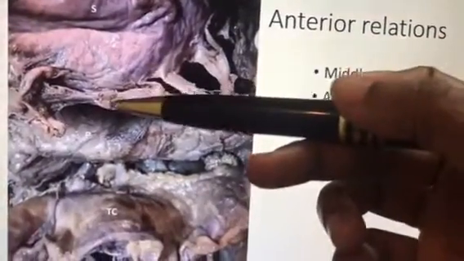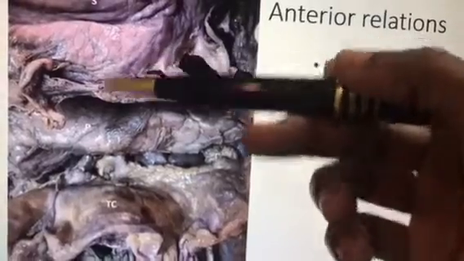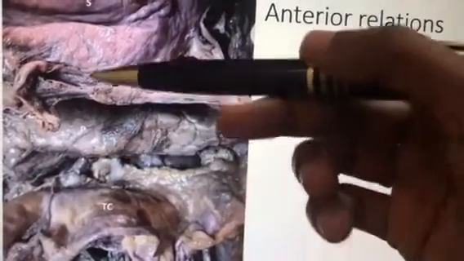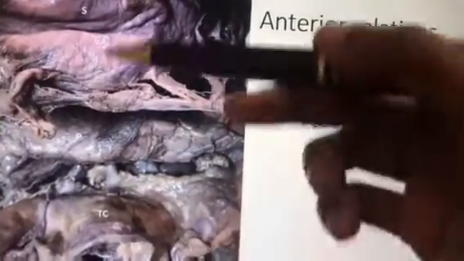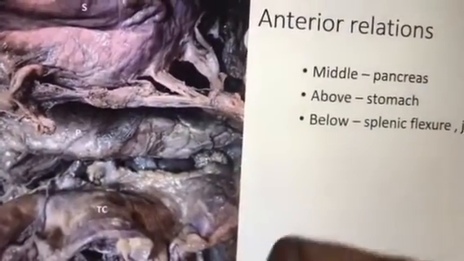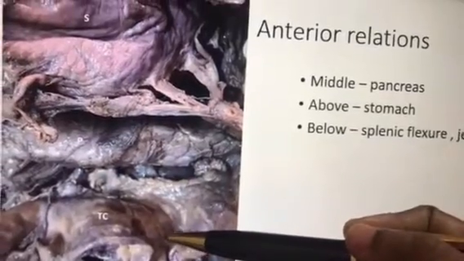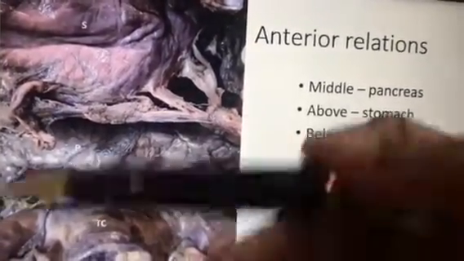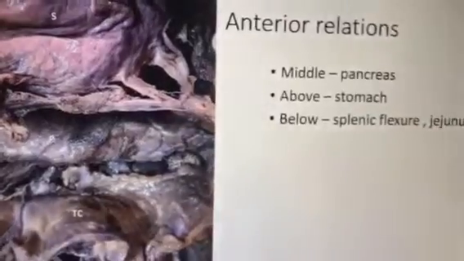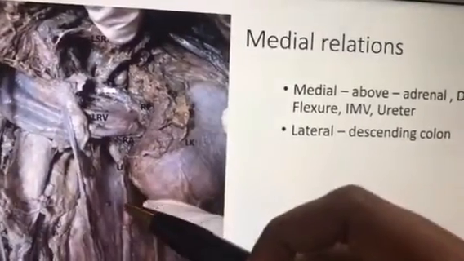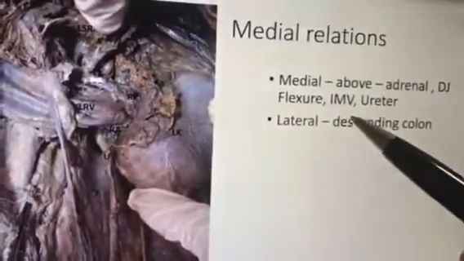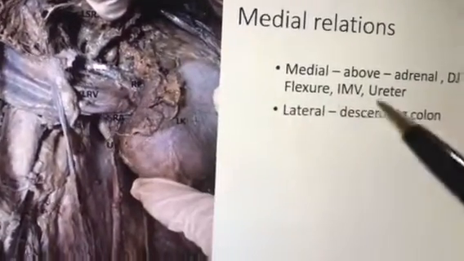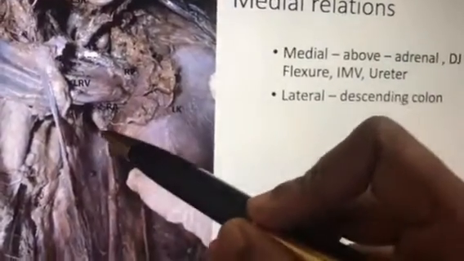Above that, since it is on the left side, you have to write about the stomach. Below the stomach you have the pancreas. So stomach, pancreas, and the colic flexure you have to write. That side you have written the right colic flexure, here you have to write the left colic flexure. Right side you will be writing the liver, left side you will be writing the stomach. And then next is the medial relations, the same thing like adrenal gland, and if the student cannot recollect all, at least adrenal gland and the ureter you have to write.